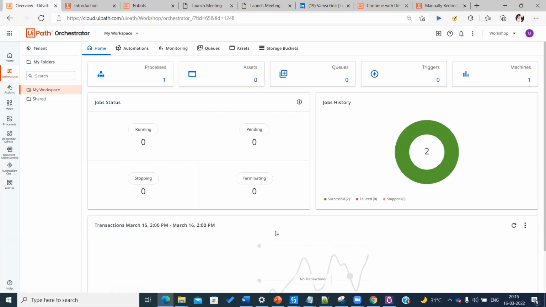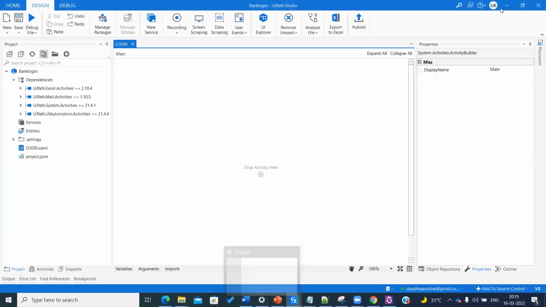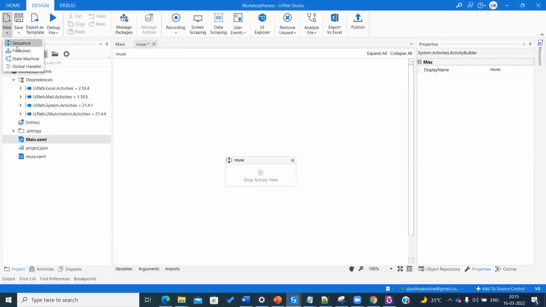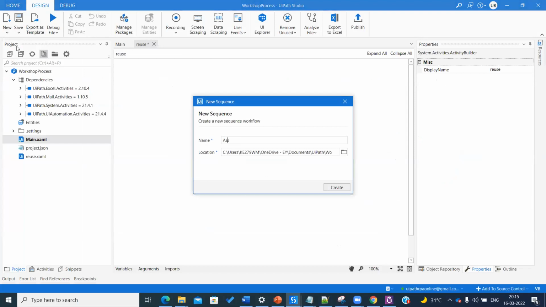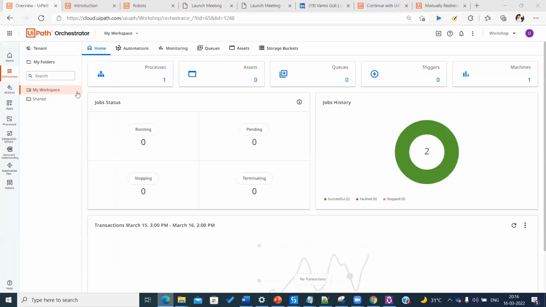Okay, so as it's 8:15, I want to explain a concept called assets, and then I'll take your questions if you have any. Then I'll go to assets first. Assets is another very important topic when you are doing any kind of automation. I'll tell you the need of assets first, then the practicality of assets. So where do you see assets? Now I'll go to your Orchestrator, and here you see assets, and the number says 0.